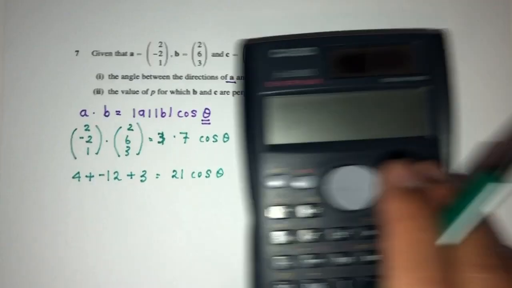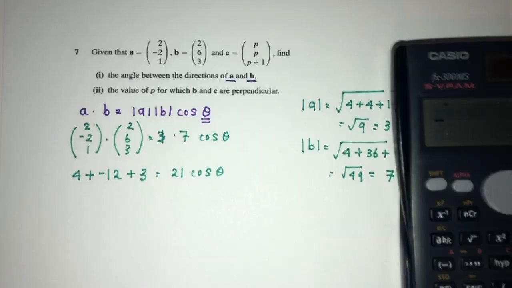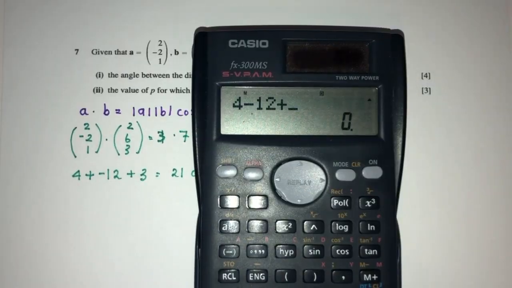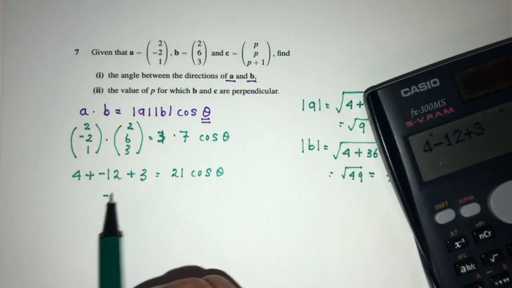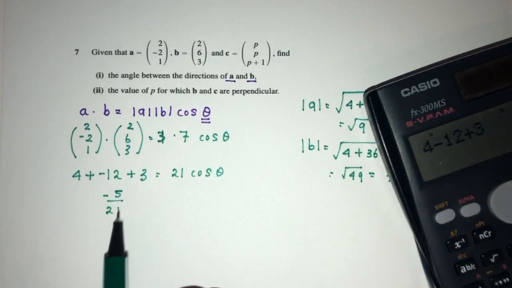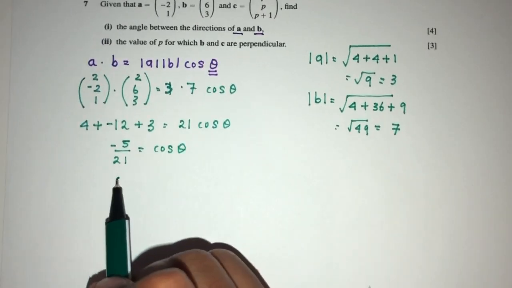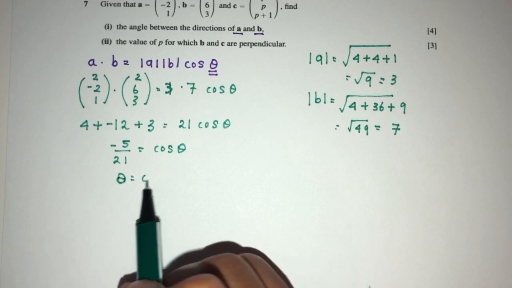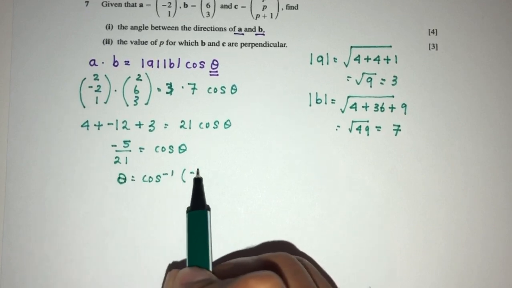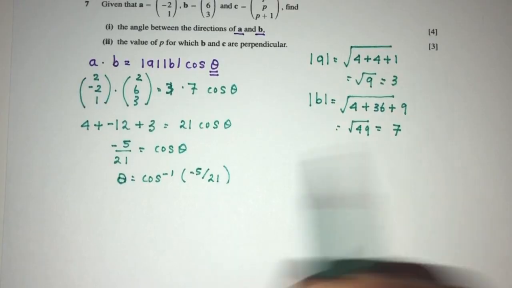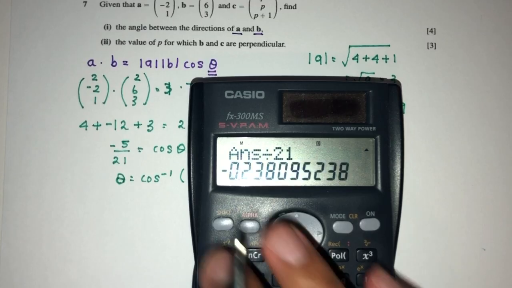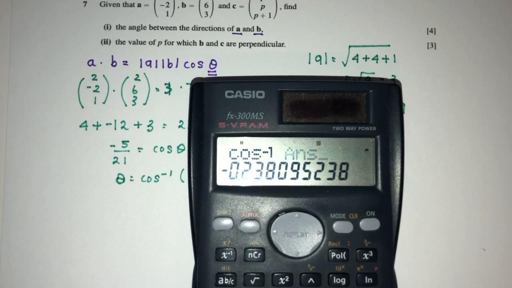Now always double check. So 3 times 7 is 21 indeed. So here we have 4 minus 12 plus 3, that will be minus 5, divided by 21, that will give you cos of theta. And finally for the angle in between, which is theta, it has to be cos inverse of minus 5 over the value of 21. Cos inverse of that should give you